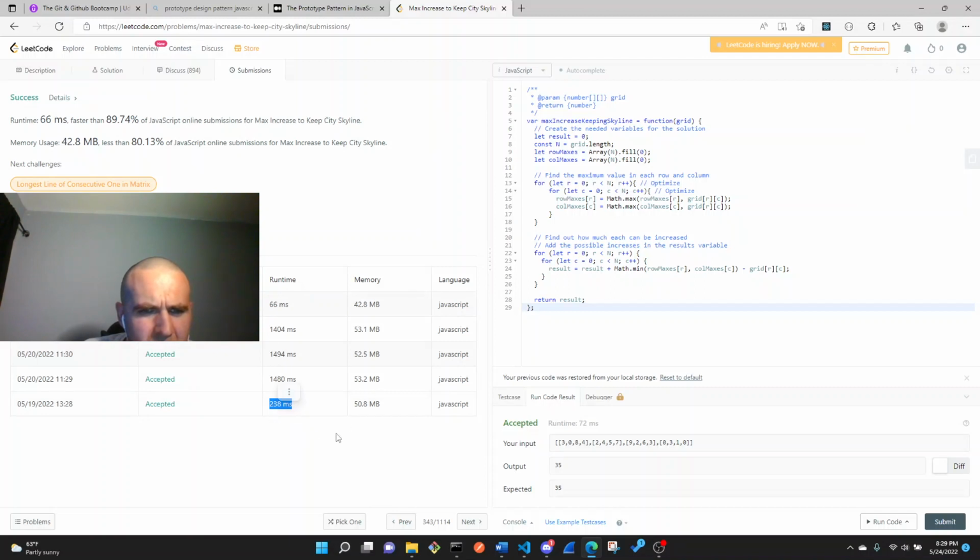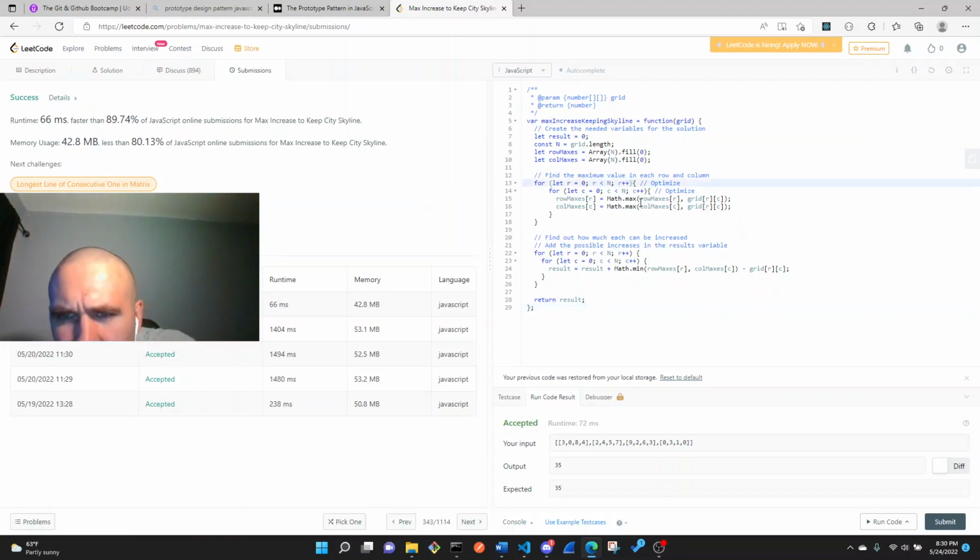Couldn't we still tweak the first two for loops? Oh yeah, we could actually. If we put these pluses before, it's going to save